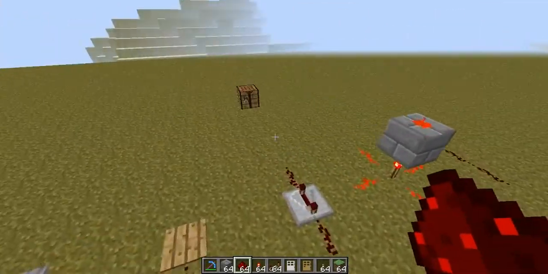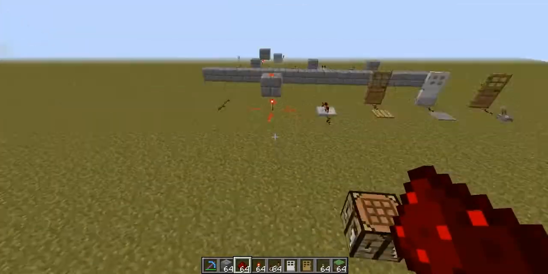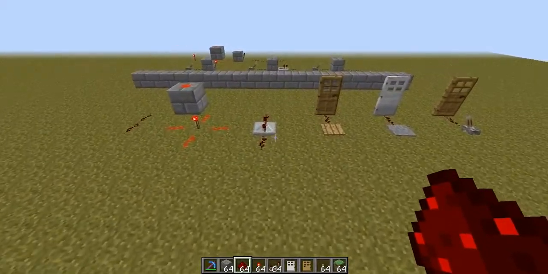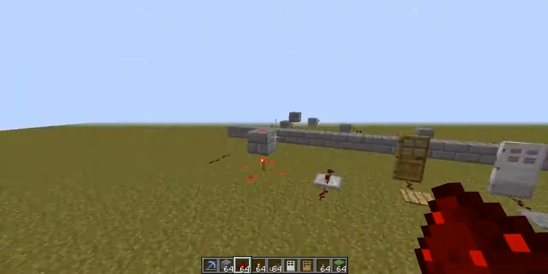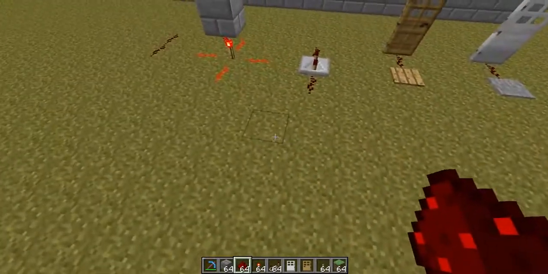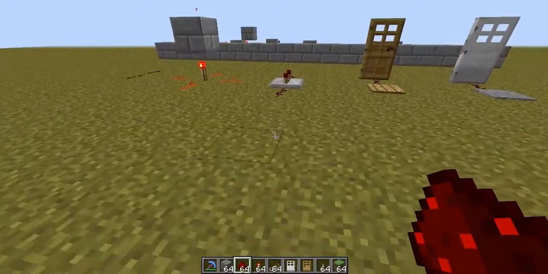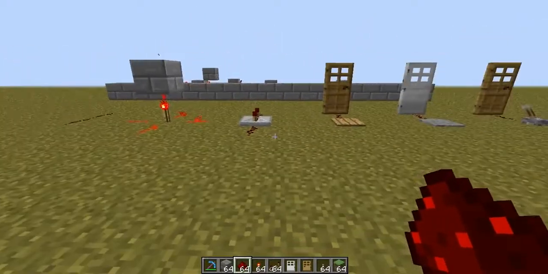That is basically the tutorial on basic redstone. If you guys want to know how to do other things, I will make another tutorial. If you just want me to do anything, just let me know and I will make a